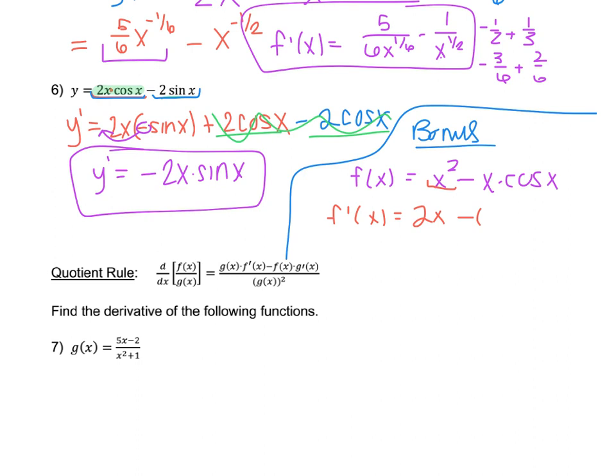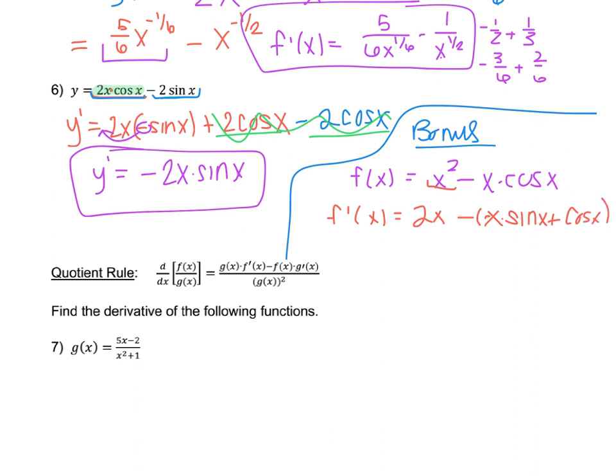And you've probably picked up by now with product rule, you take the derivative of one function times the other and then add that to the reverse of it. Order doesn't really matter, and I wanted to make sure I mentioned that. So the first function times the derivative of the second function. So the first function, x, times the derivative of cosine, which is negative sine of x. I'm just going to put that negative out front right here, sine of x,